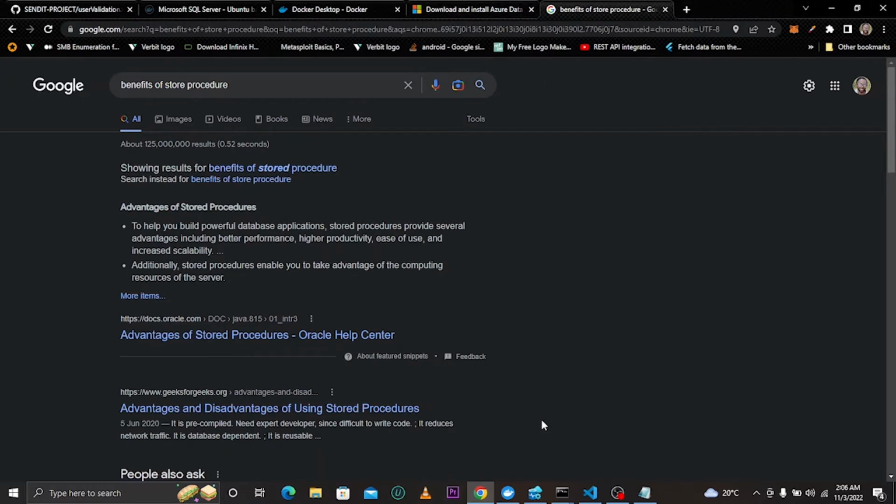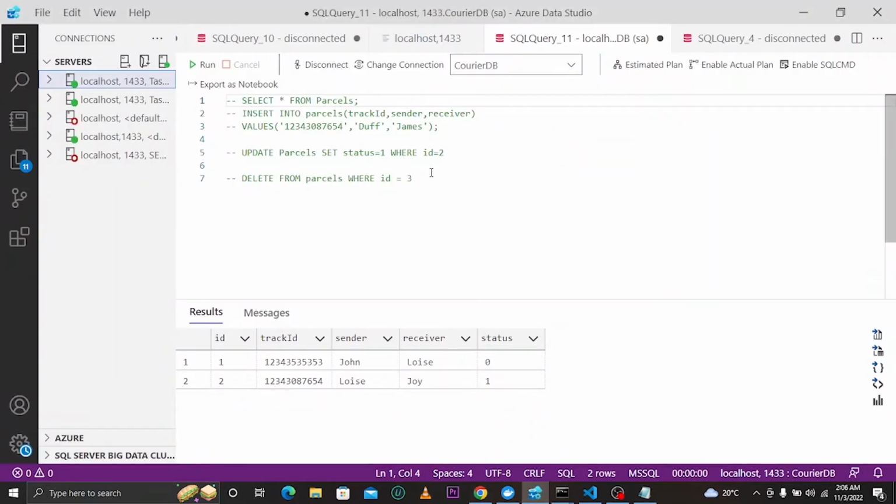You already see that we have benefits that are really hard to ignore, or advantages that you need to add to your application because it will make it efficient. You can even cache your results in the database using stored procedures so that you don't have to make so many queries, and you make your database as fast as possible. This is one of the things that many developers don't know, and that's why I want to show you, so that you can be the powerful developer that you can be. So let me show you how to create these stored procedures, and you can go ahead and learn more